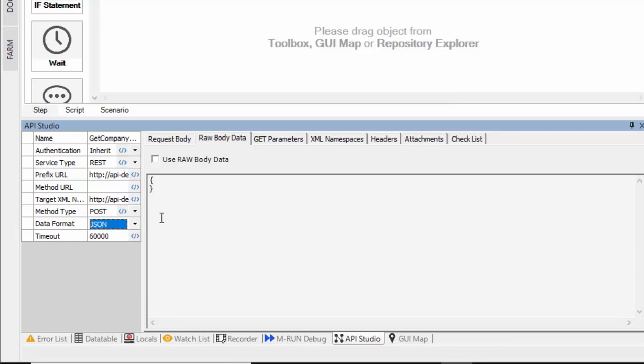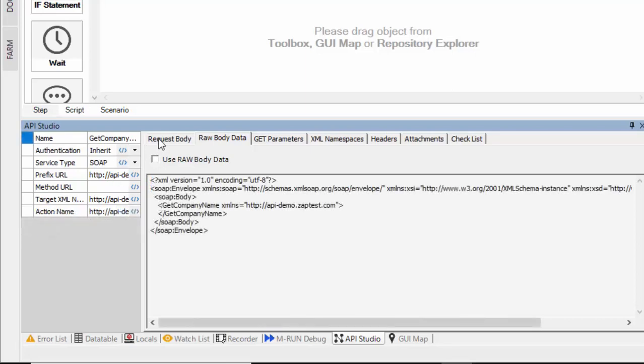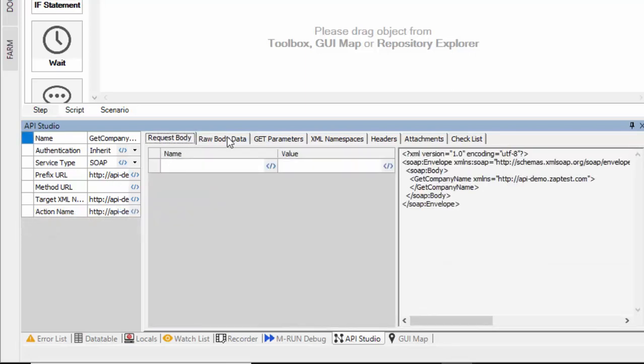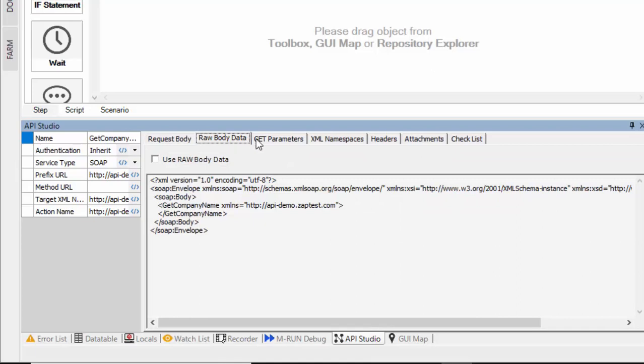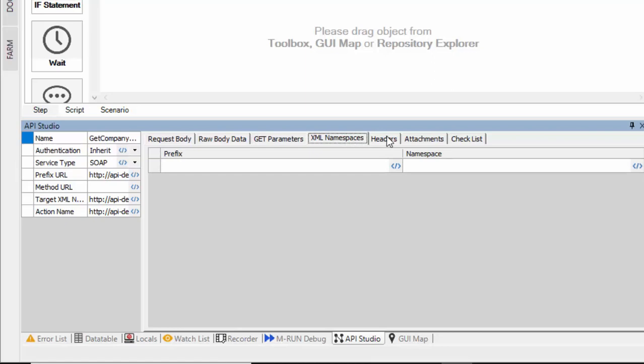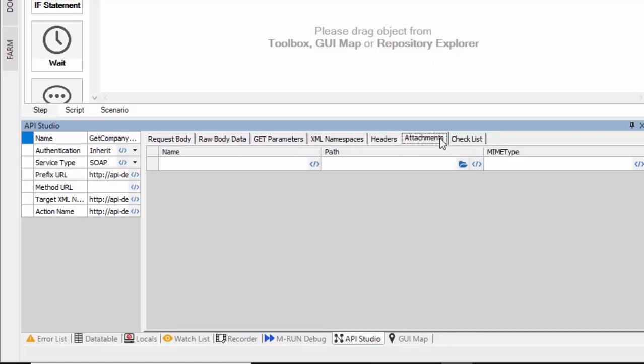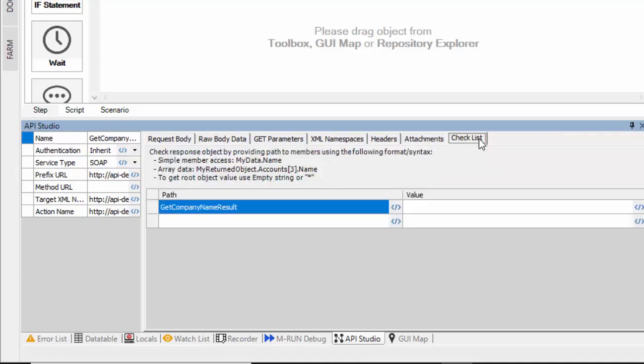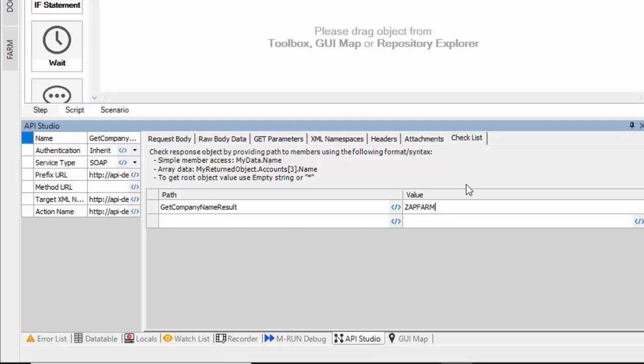In addition, the API Studio provides tabs to specify various attributes of an API service call. Use this tab to modify the request body, to view or update raw body data, to include GET parameters, XML namespaces, headers, and attachments. The Checklist tab can be used to define one or several validation points of the server's